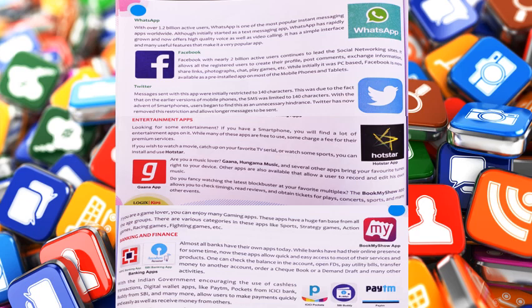Another app is Book My Show. Through the Book My Show app, you can read the reviews of the movies, you can book the movies through this app.